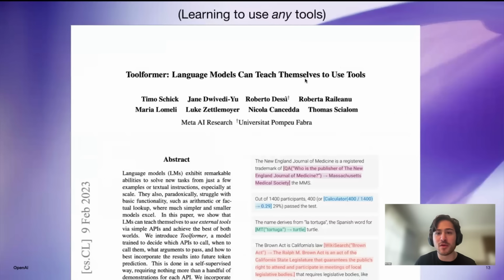So then you might be familiar with this paper. This was from Meta at the time, where they had a way to teach the models how to use any tools. They used a few tools: I think it was QA, calculator, translation, a couple of other tools. But it was a pretty clever way where they looked at the log probs at each spot to see where it was best suited to retroactively put in a function call given some completion.